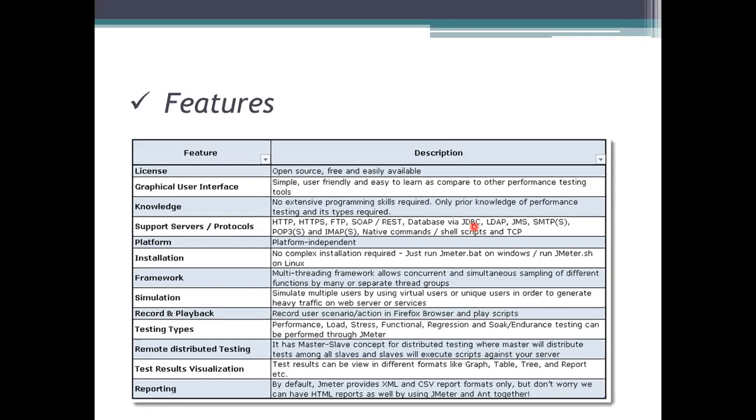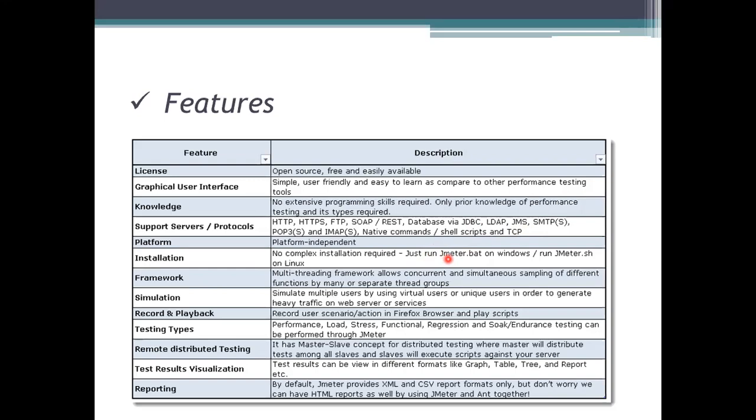These are the servers and database connectivity, all the things we use for connecting to web servers, web applications, websites, or other representations used for load testing. It is an independent one, not platform dependent. While installing, we need to check that multiple environments are supported. You can install JMeter on any platform, whether you have Windows, Mac or Linux, it will be allowed to access this.